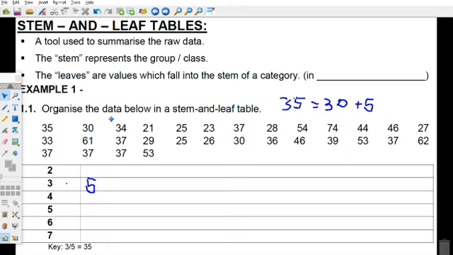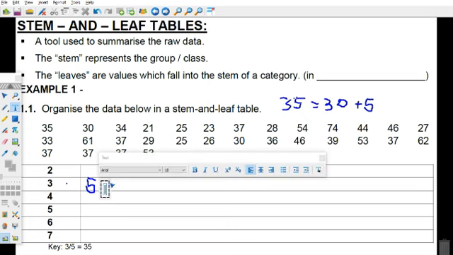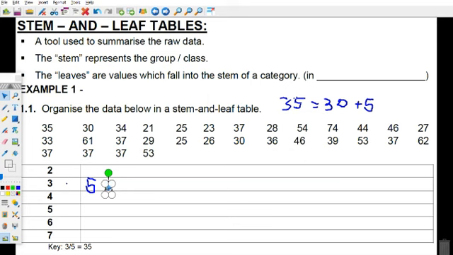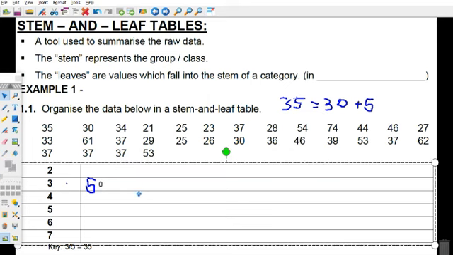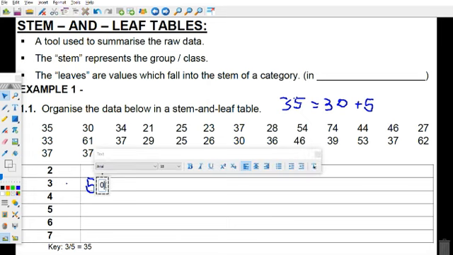So if we organize the next one into the stem and leaf, we said 35, so the next number is 30. It's going to be 3 and what? 30 is 3 and 0. Then the next one, 3 and 4. Now, does 4 come before